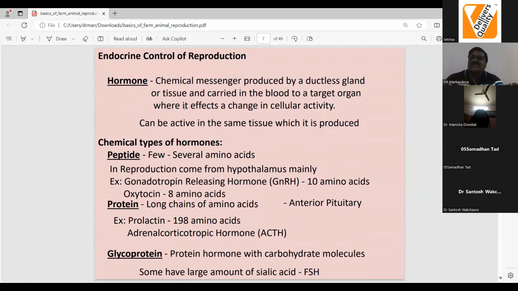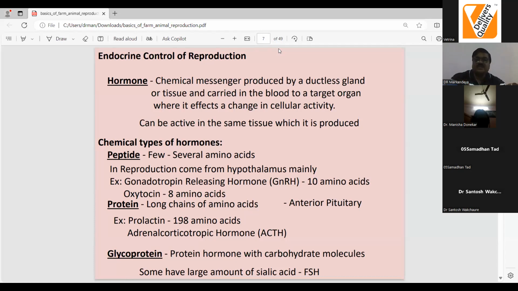Hormones are chemical messages secreted by one gland. Their action is on another gland, and the target organ is different. Transportation is through blood. Proteins are required for carrying this hormone from one place to another. And the target organ is that organ where there are receptors. If there is a receptor, the hormone will be recognized. FSH will be circulated throughout the blood, through all body parts, but only ovaries will recognize it because there are receptors to recognize FSH. Same thing is for LH, and same thing is for all other hormones.